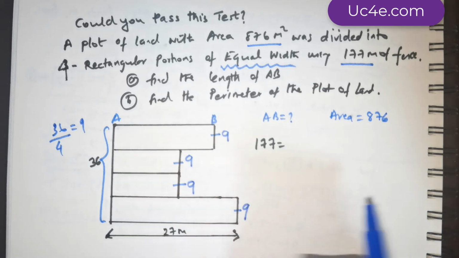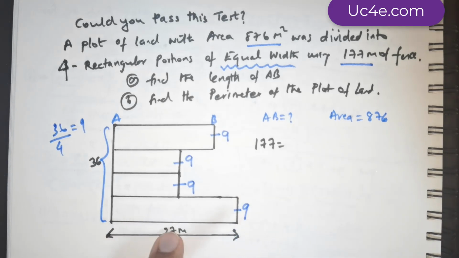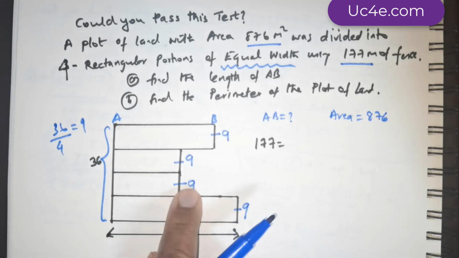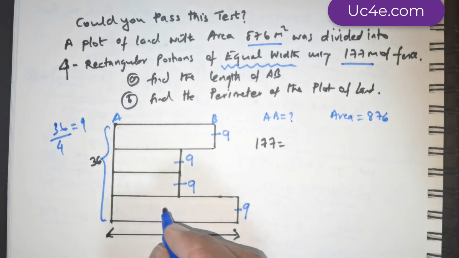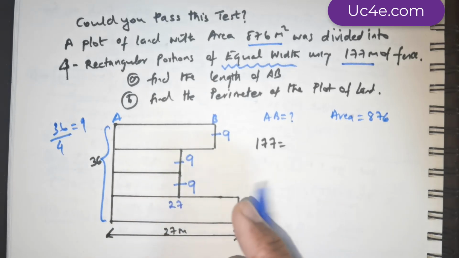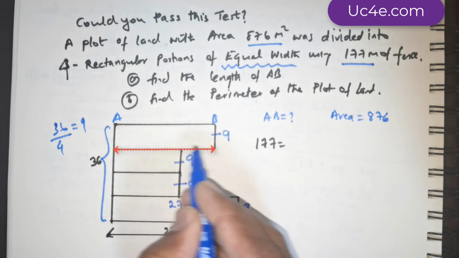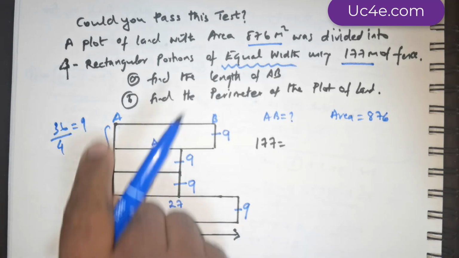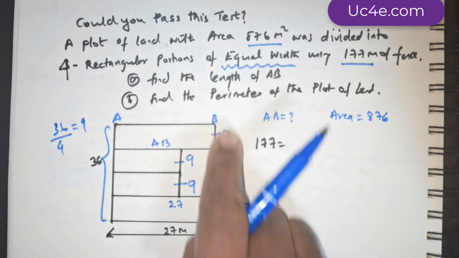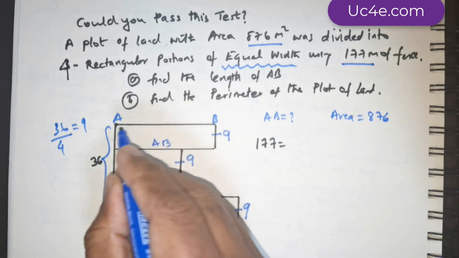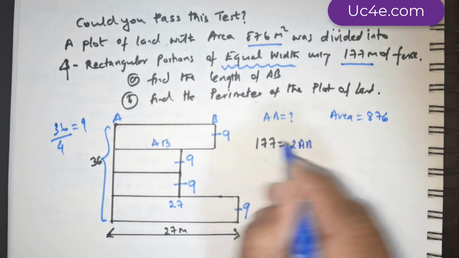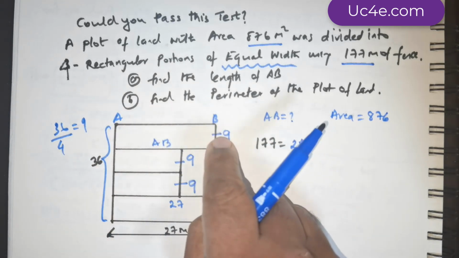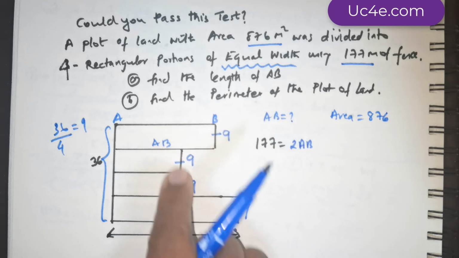So having got that information, I'm also going to get this value. Now this is a rectangle, right? The lengths are going to be equal. If this is 27, naturally this is going to be 27. If this is going to be AB, this entire length is also going to be AB. So this entire region is going to be 36. So 2 times AB, this and this, and then you have 9, 9, 9, 9. So this is equivalent to